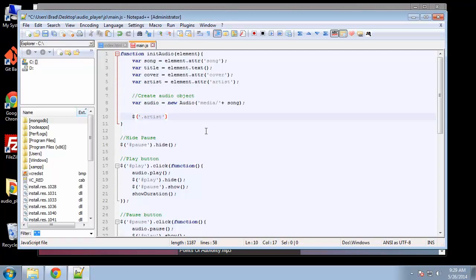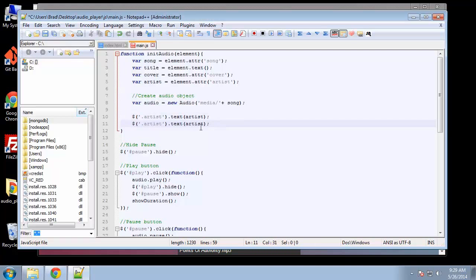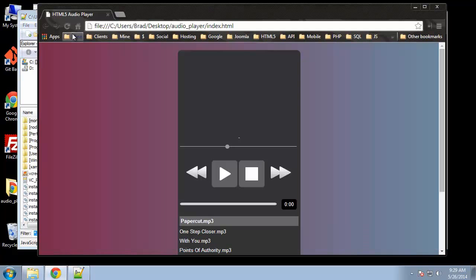We'll grab that, and then we'll do dot text, which is going to just insert some text into that div. And we don't want quotes because we're just going to put in the artist variable, which is right here, coming from here. I'll copy that, and we're going to do the same thing with the title. So the title class will stick in the title variable. Let's save that, and if we reload,